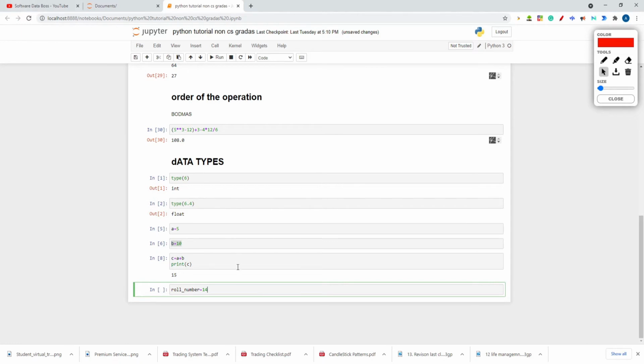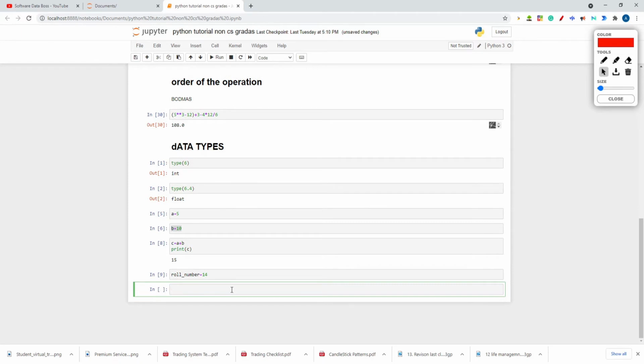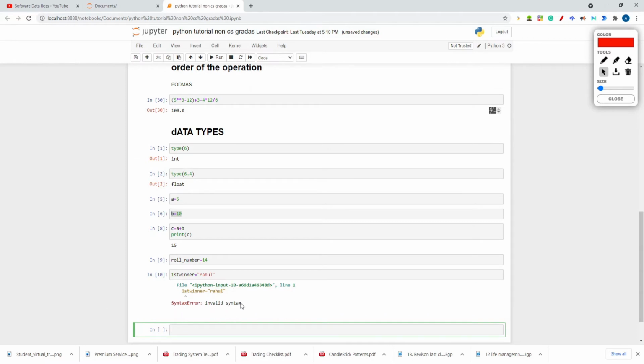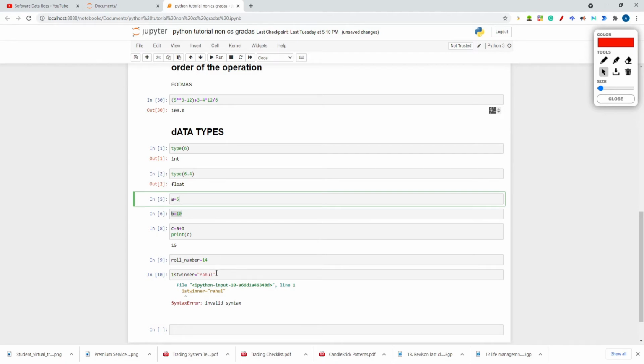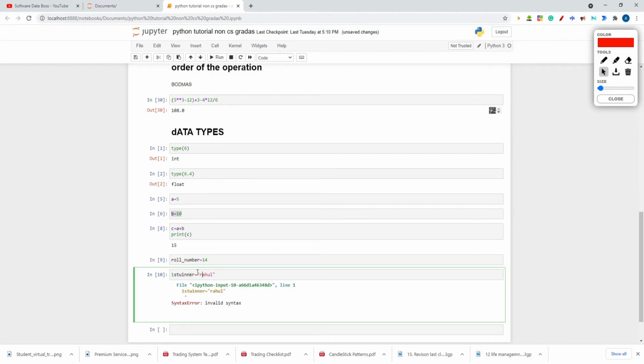Now, can I give a roll number like this? Let's execute this. I want to declare a winner, first winner. That name is Rahul. Let's take first winner is Rahul. Now let's run this without throwing an error. Yeah, it's thrown an error. Okay, because this is a string. Whatever is in a double quotation, I will tell you about the string later. But whatever you are defining, you can assign numbers also to the variables. You can assign strings also.